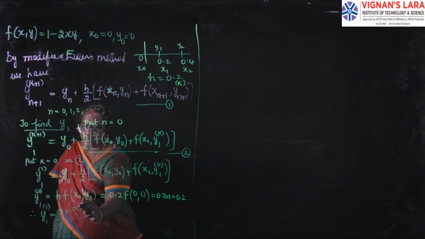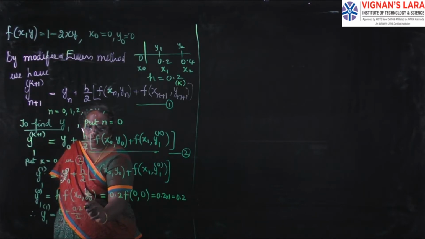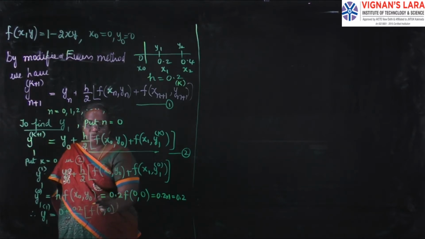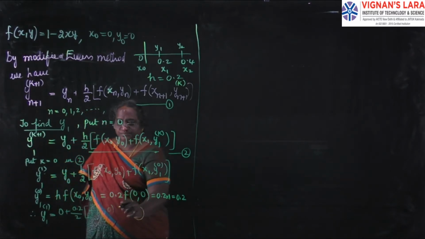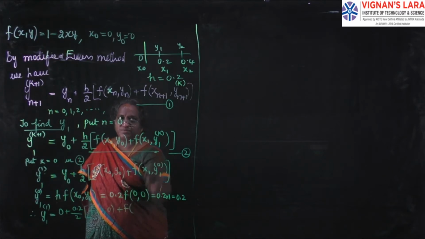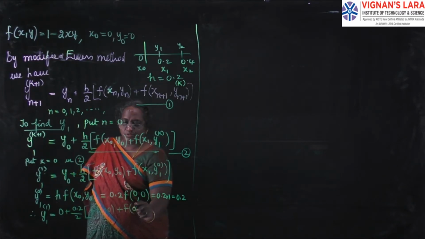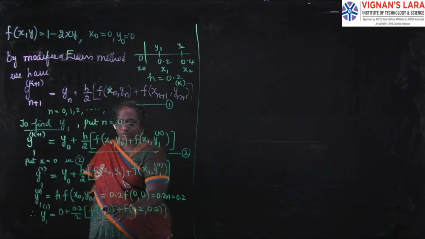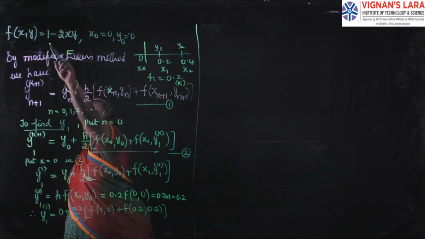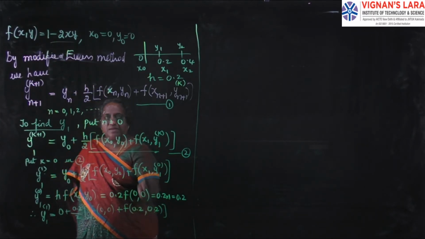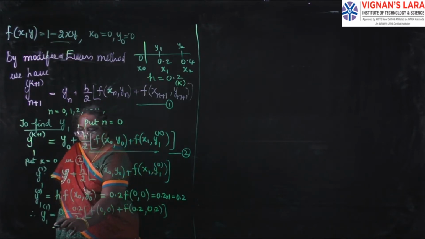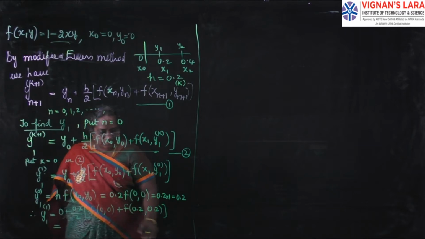This is equal to y naught, 0, plus h by 2, 0.2 by 2, into f of x naught 0, y naught 0, plus f of x1, already I have written x1, 0.2, y1 at 0, just now we calculated 0.2. So again you have to substitute these two values in the same function. So if you substitute and calculate, this comes to be